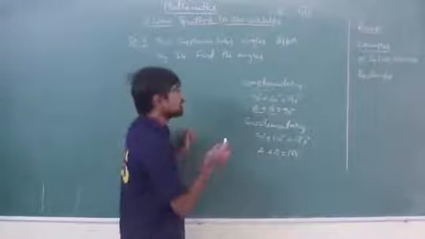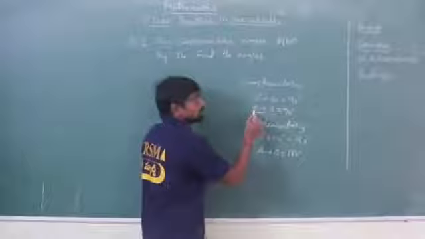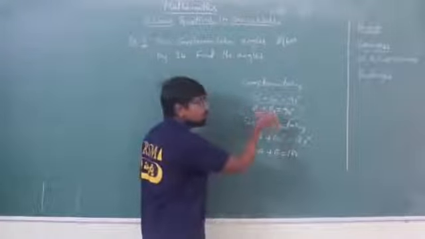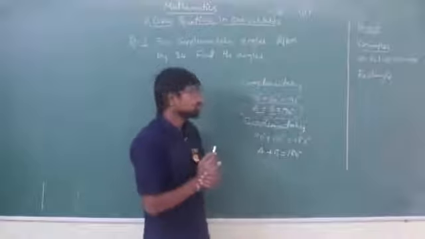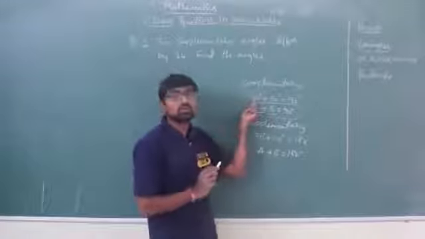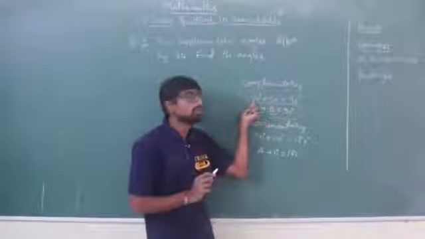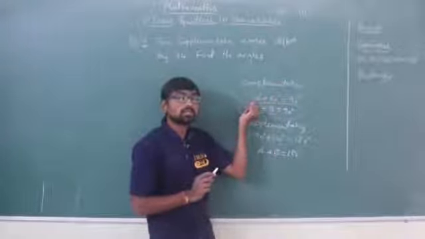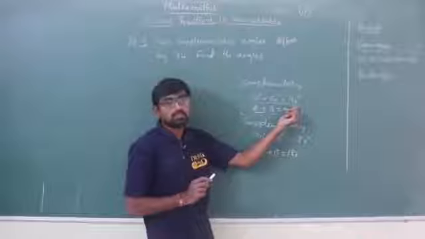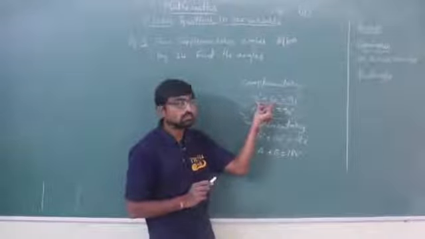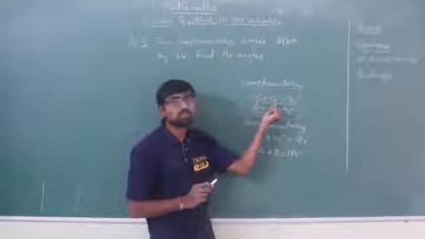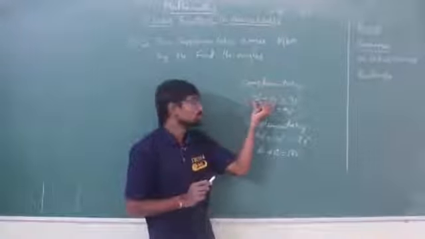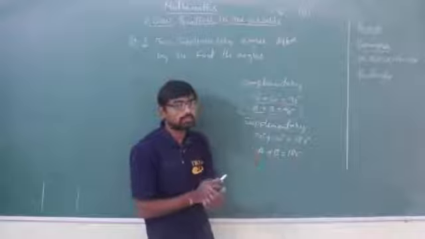a supplementary angle. Now here you can see, in this expression, A is the complement of B and B is the complement of A, isn't it? What is the complementary angle of 30? It is 60. Why? Because if I add 60 to 30, then only I get 90. So we see the relation between these: 30 is the complement of 60 and 60 is the complement of 30, so that if I add both, I get 90.